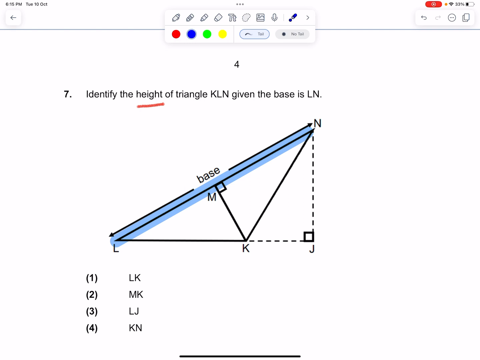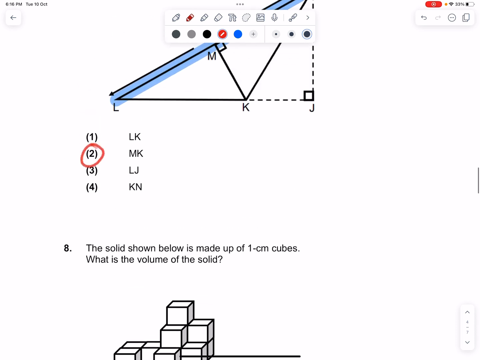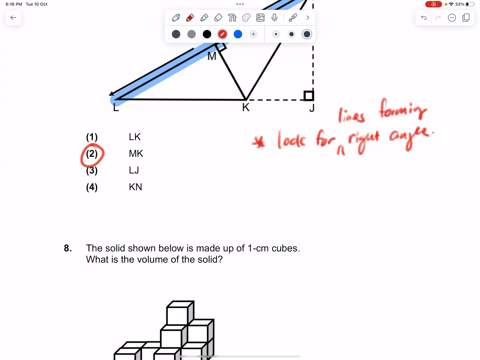So the option is very obvious, it is MK, option 2. So remember, to identify the two lines used for calculation, you always look for your perpendicular lines or right angle. Okay, lines that form a right angle. So I hope this will help you to remember how to identify your lines for calculation of